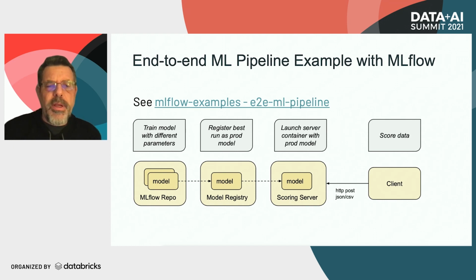Here's a link to some code that shows you an end-to-end ML pipeline using MLflow. If you go to that link, you'll see Python examples for each of these typical stages in the ML pipeline. On the left here, we essentially go through the classical training cycle, tweaking all the hyperparameters, giving different values for each hyperparameter. This can typically be hundreds or thousands of different runs. We record each of those runs in the MLflow